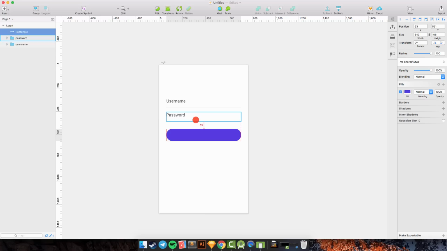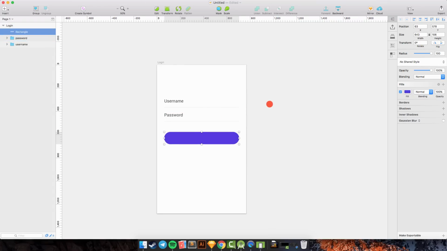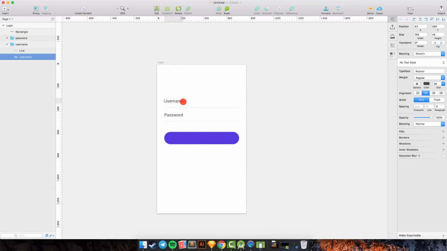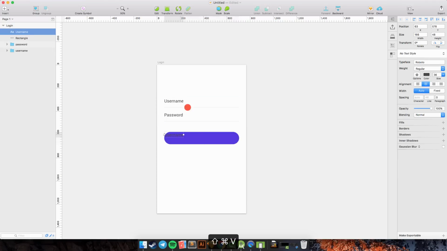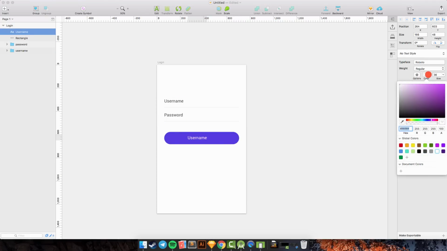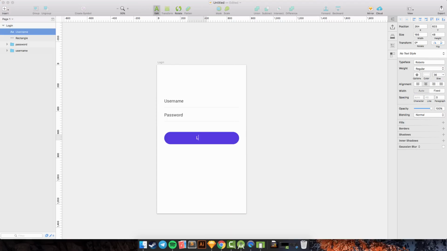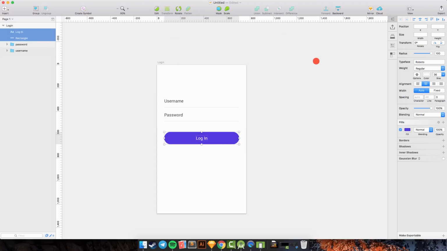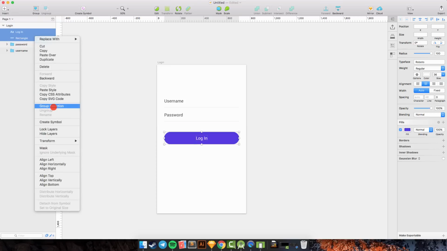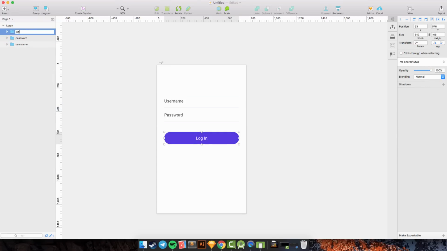And then we can give the margin like this. Okay, and then I will select the username, copy, and go to the rectangle and change the font color to white and edit to login and make it center, and I will group all of them to login. Okay, it's cool.